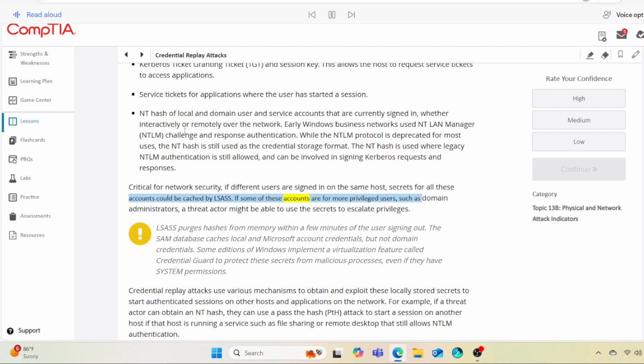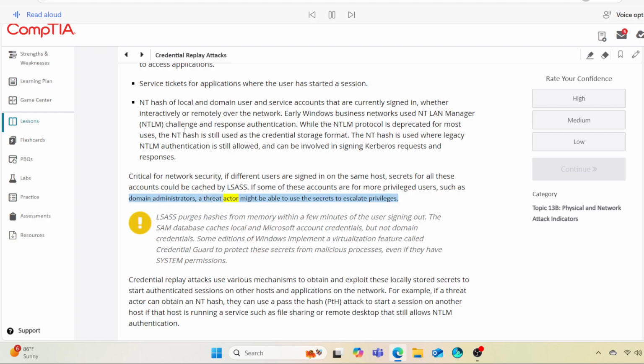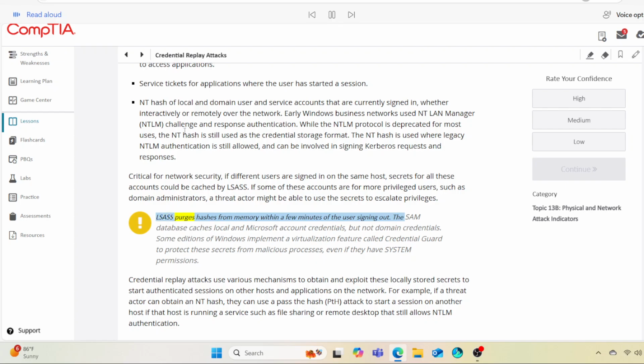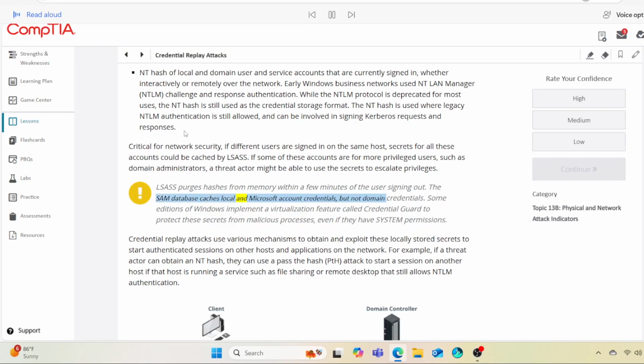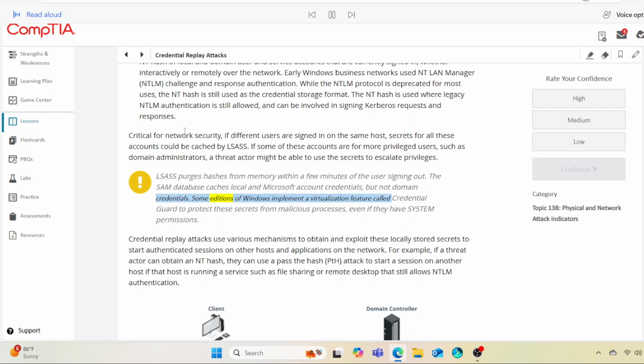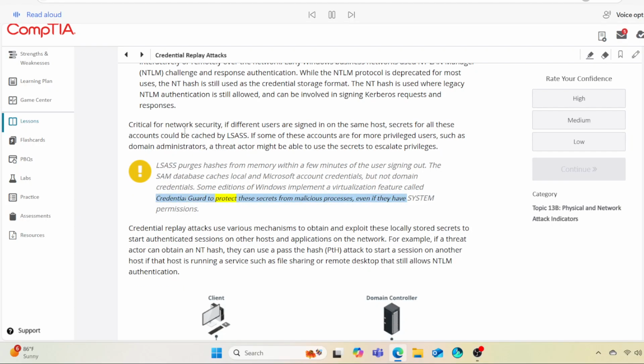If some of these accounts are for more privileged users, such as domain administrators, a threat actor might be able to use the secrets to escalate privileges. LSASS purges hashes from memory within a few minutes of the user signing out. The SAM database caches local and Microsoft account credentials, but not domain credentials. Some editions of Windows implement a virtualization feature called Credential Guard to protect these secrets from malicious processes, even if